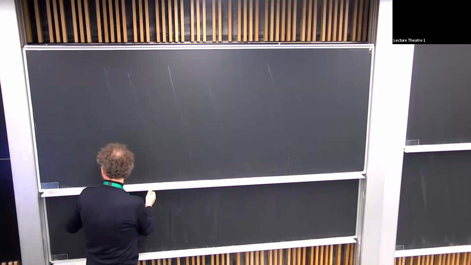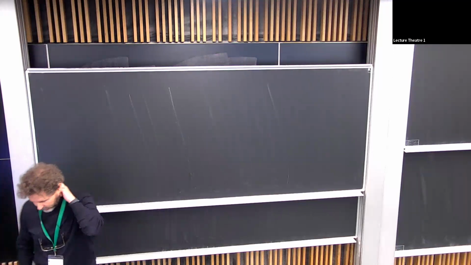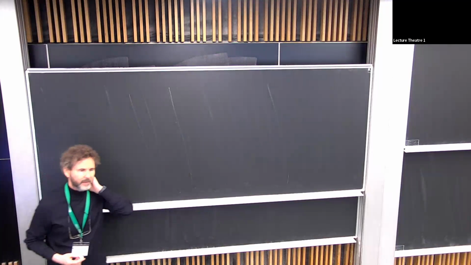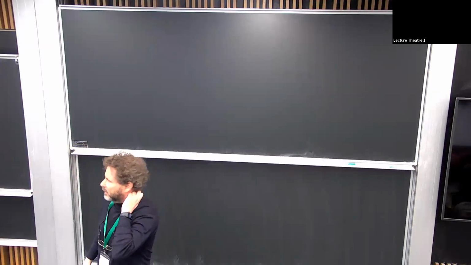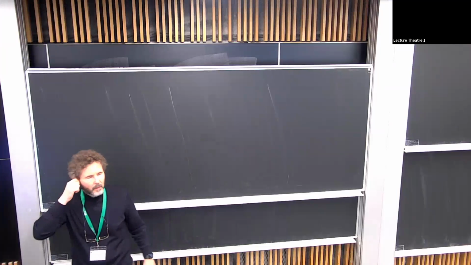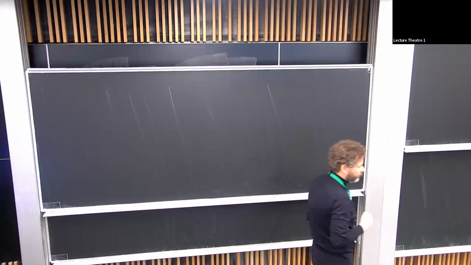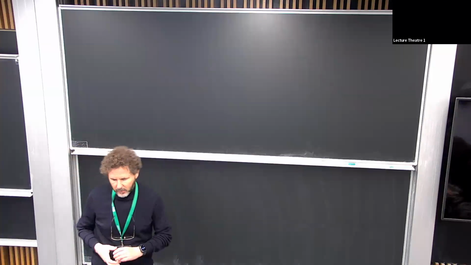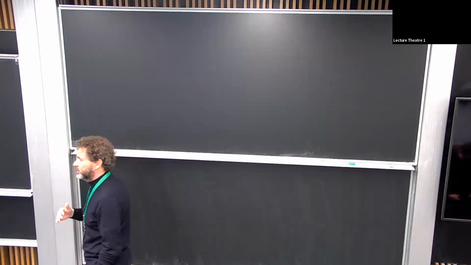Okay, so I was asked to give an introductory talk on quantum control and dynamical decoupling. In fact, I will mainly talk about dynamical decoupling. We'll make some comments on quantum control. So what is dynamical decoupling? Dynamical decoupling is a powerful strategy to suppress the interaction between, for example, the system and the environment.